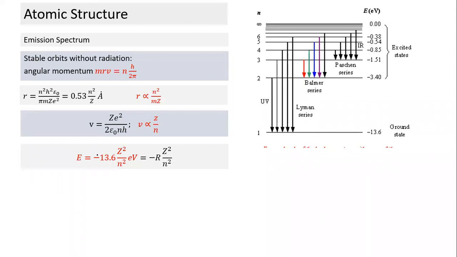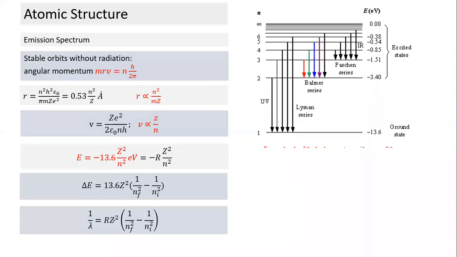The energy of an electron in a particular orbit of a hydrogen-like atom is given by this equation. And this is the Rydberg constant. In terms of the energy equation, the Rydberg constant is 13.6 electron volts. In terms of wavelength, this is the expression. And what is the value of R here? 10 to the power 7 if it is in meters. In terms of formula, these are the only things we need to know. The rest is all making use of the formula.